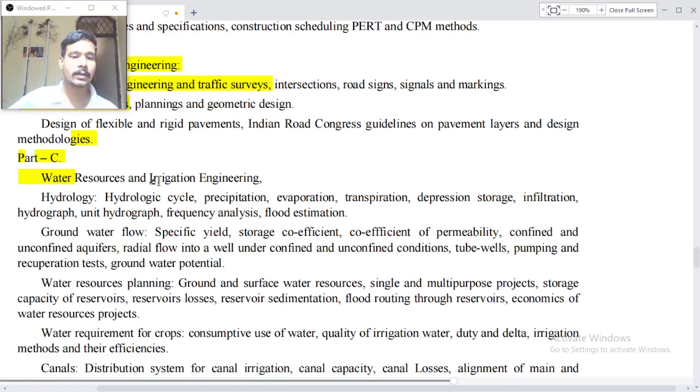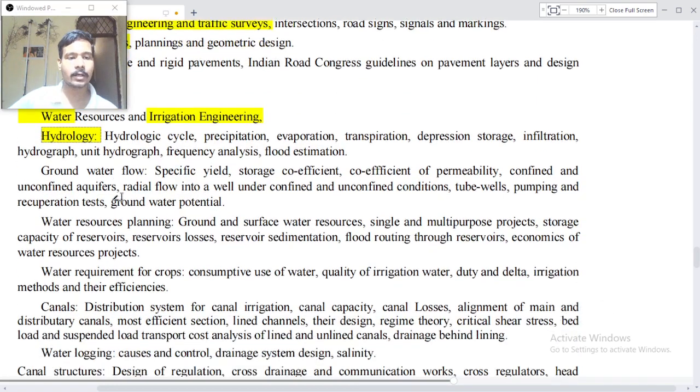Water resources and irrigation engineering, hydrology, hydrologic cycle: precipitation, evaporation, transpiration, depression storage, infiltration, unit hydrograph, frequency analysis, and flood estimation. Groundwater flow: specific yield, storage coefficient, coefficient of permeability, confined and unconfined aquifers. Radial flow into a well under confined and unconfined conditions, tube well pumping, and